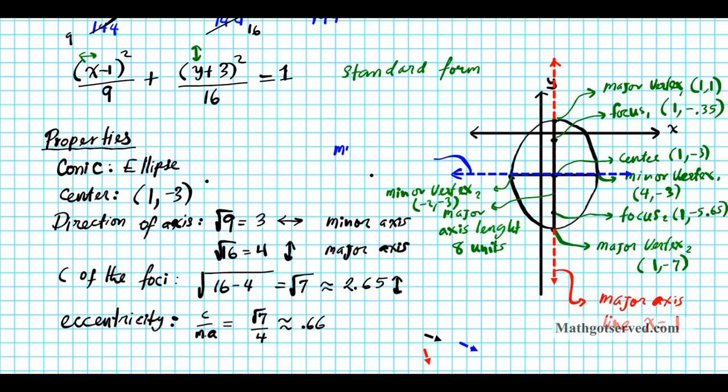Minor axis line, and the equation is the y coordinate of your center, which is negative 3. So y equals negative 3. So there goes your graph